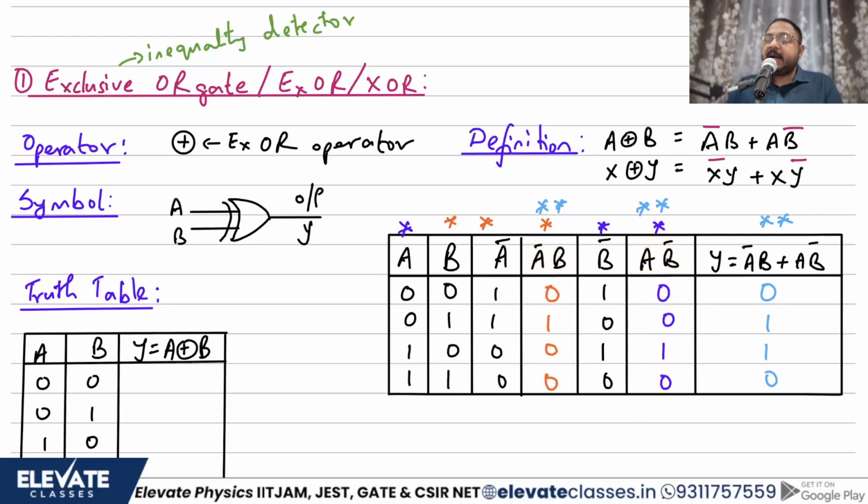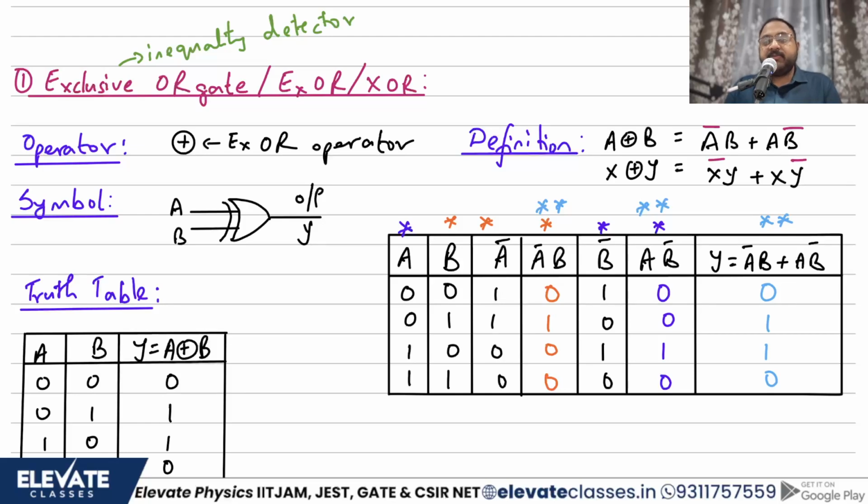तो immediately I have got my table. इससे मुझे truth table मिल गया. So for 0 0 I should get 0. I'll write down the truth table over here. For 0 0 I should get 0. For 0 and 1 I should get 1. For 1 and 0 I should get 1. And for 1 and 1 I should get 0.